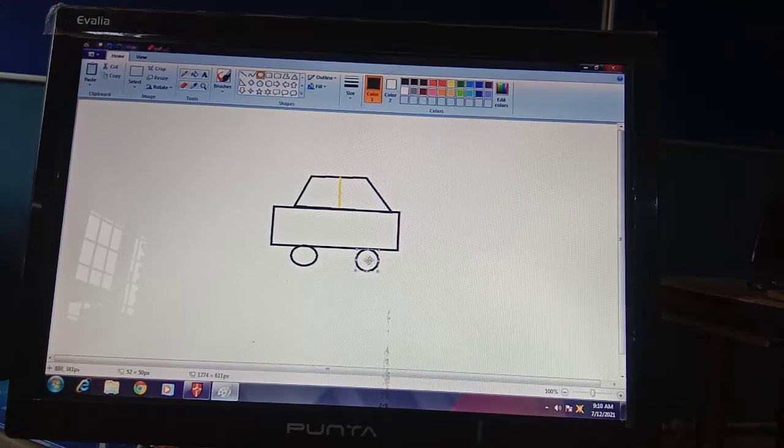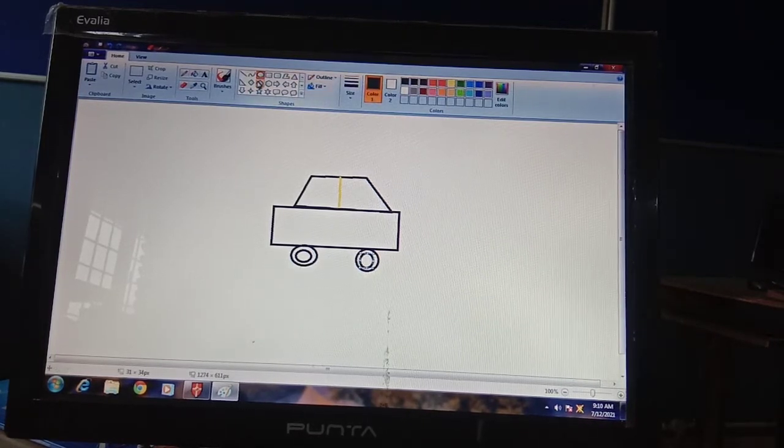Two tires, and inside the tire, I told you that the oval tool is very helpful. Seriously, it is very helpful. So you can draw anything with the oval tool. It is helpful while doing the drawing.